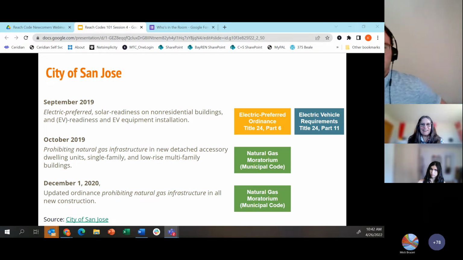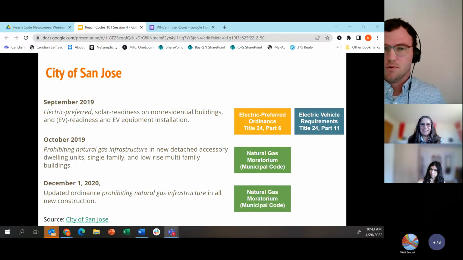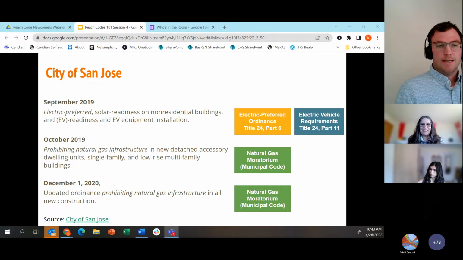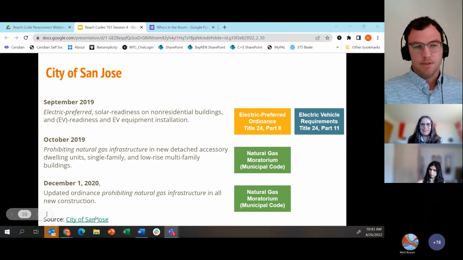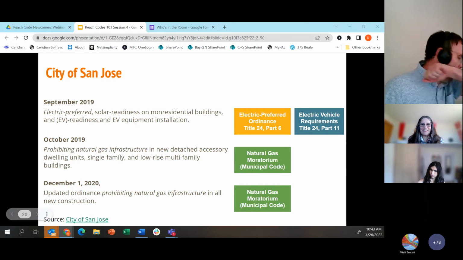And then a month later, they decided to supplement that REACH code ordinance with the natural gas moratorium approach that prohibited natural gas infrastructure in some specific building types. So you see that represented on the screen.